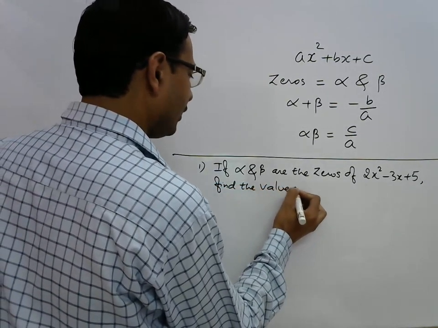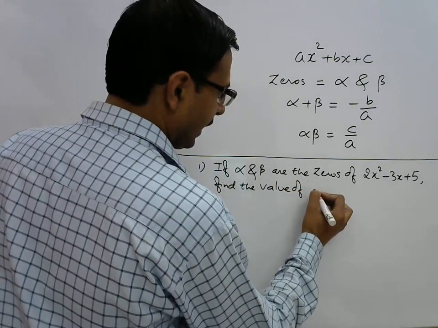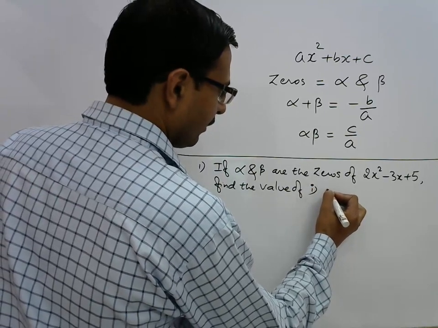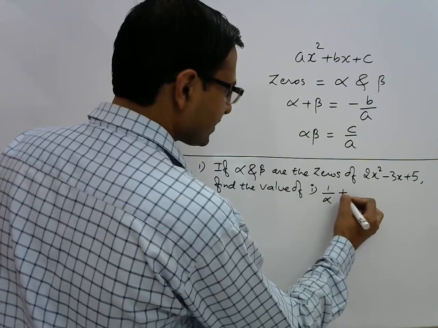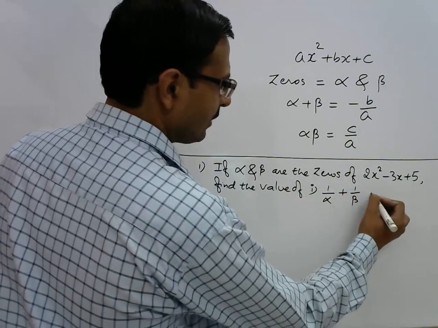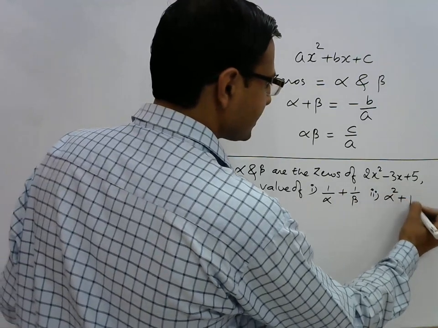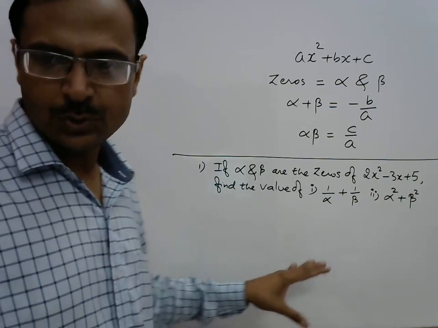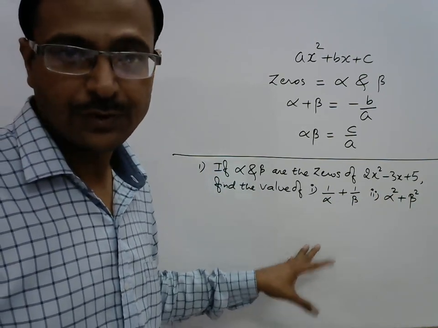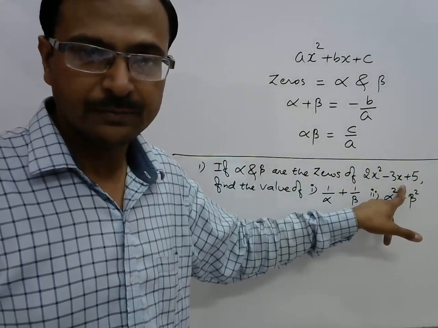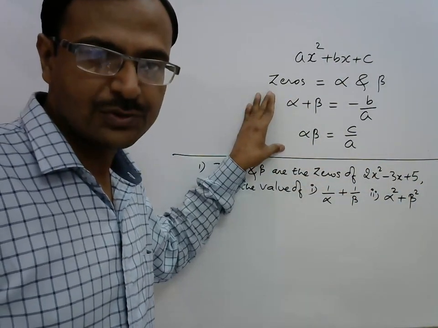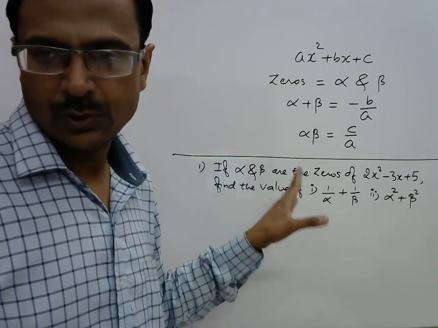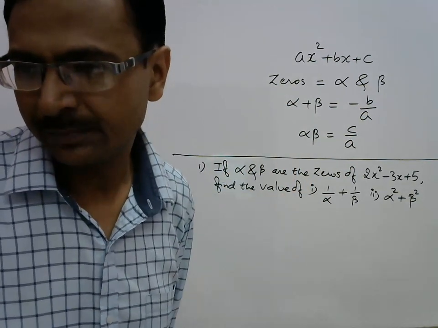I'll take one example. Say first part, 1 upon alpha plus 1 upon beta, and the second part, alpha square plus beta square. Now these are the two parts which we have to do. Remember students, for these questions we don't need to find the zeros of this quadratic polynomial. We will use the relationship between the zeros and the coefficients, that is alpha plus beta is minus b upon a and alpha beta is c upon a. So for using these two relationships